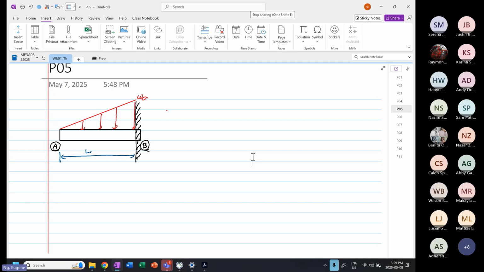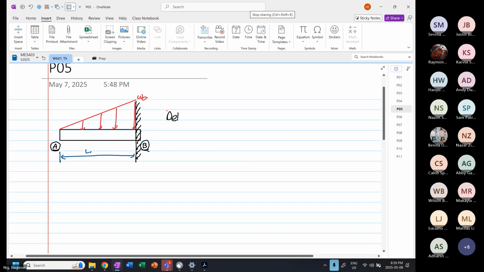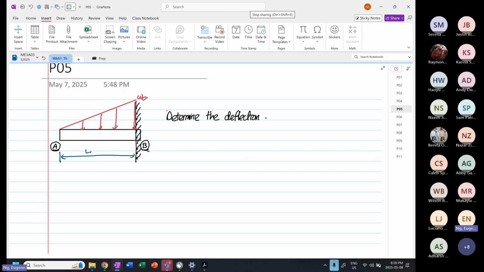So what we are going to do is, based on a gradient distributed load, determine the deflection equation. Okay, so like before,